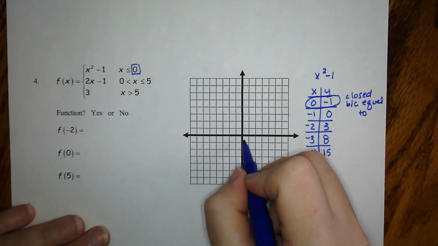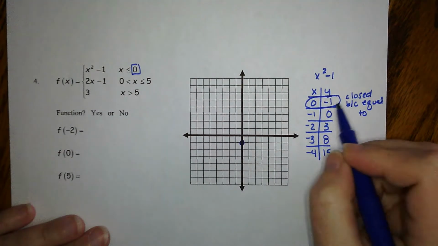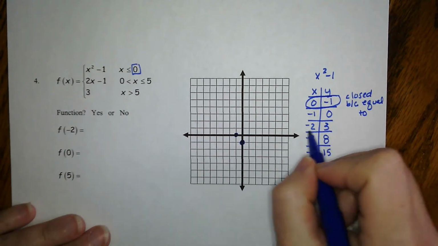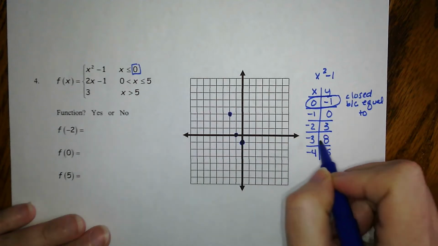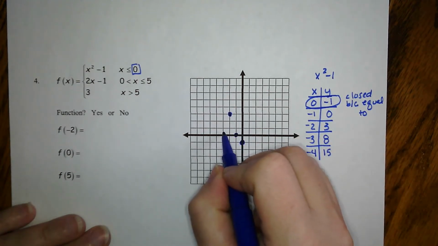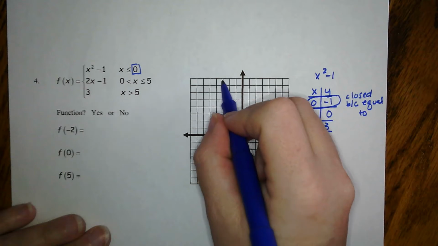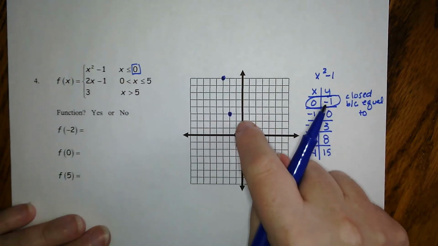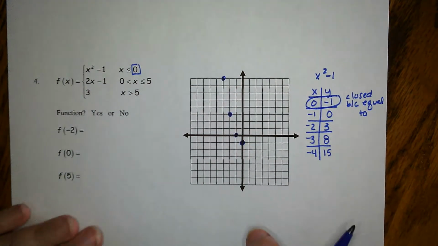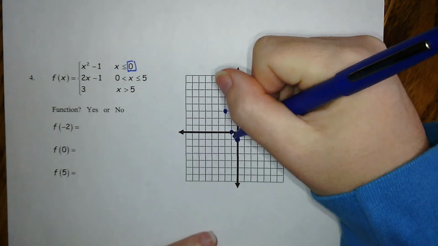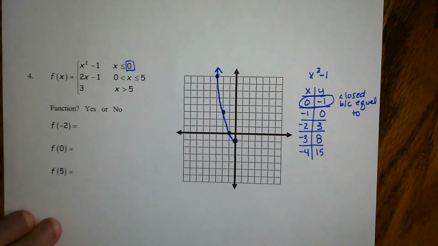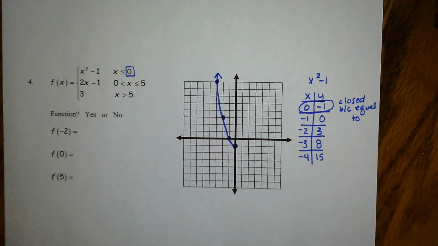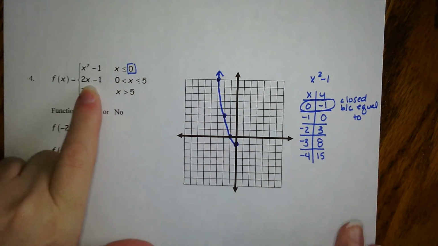Okay, so at 0, -1, close circle, -1, 0, -2, 3, -3, 8. Oh, that's right at the top. 1, 2, 3, 4, 5, 6, 7, 8. And that's all we can do. And this is our parabola quadratic, just like that. That's our first piece. Our next piece, we're going to transition, and we're going to do 2x minus 1, and